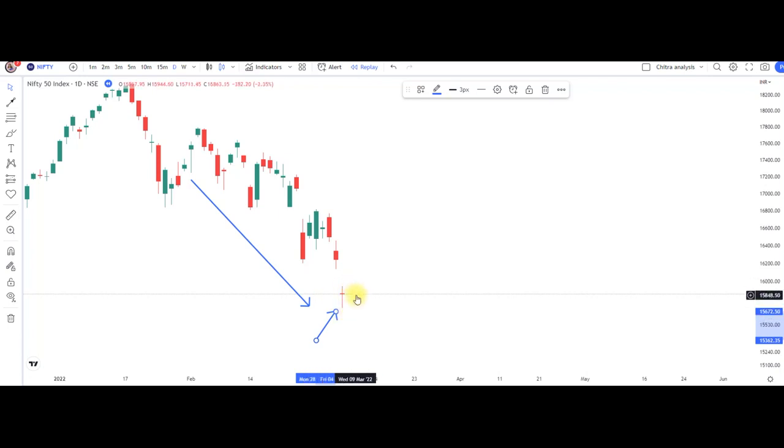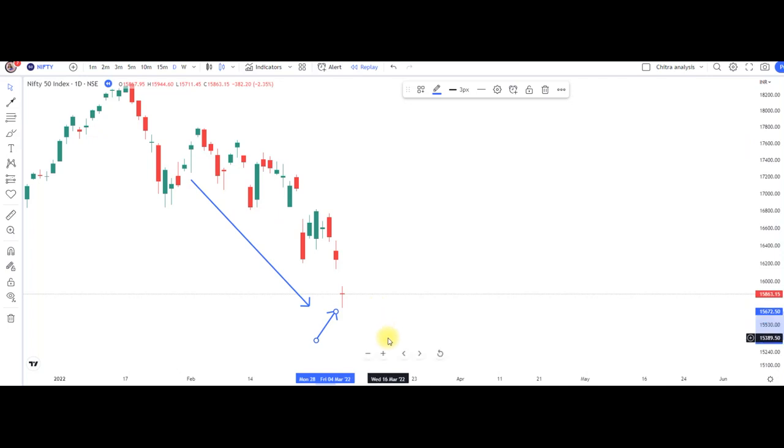So this means that bulls and bears are in control. Means they are trying to push the price up, also sellers are trying to push the price down. So if this low is broken, it means the trend may continue, that is, the downtrend may continue. Else if the high of the candle is taken away, it means the price may go up. That means we can enter into the long trade above this doji.